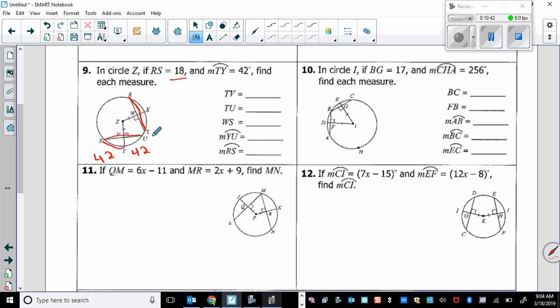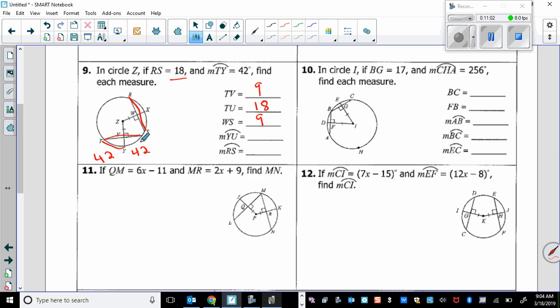So TU is 18. TV is going to be half of it, which is 9. TU is the whole thing, which is 18. WS is half of the 18, which is 9. And then